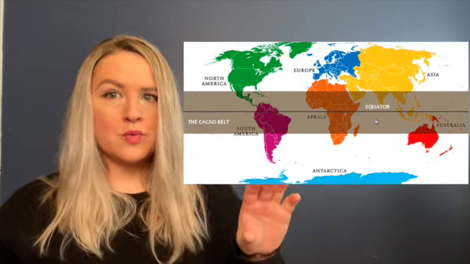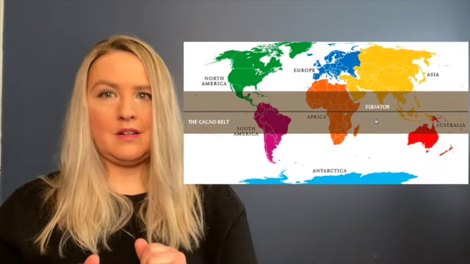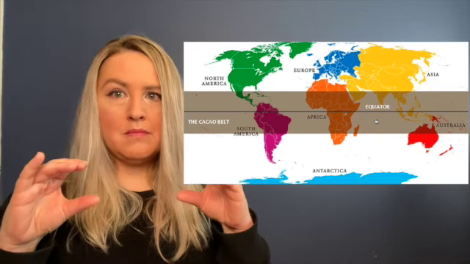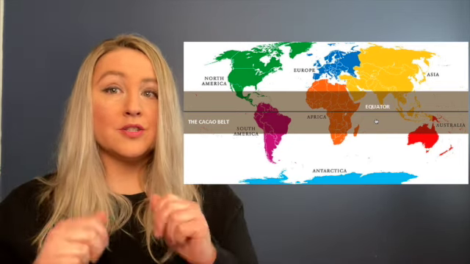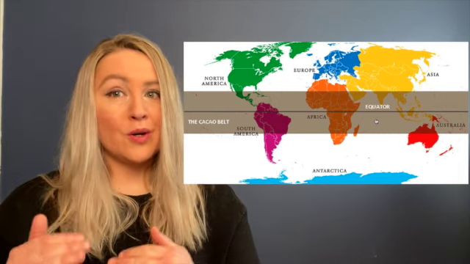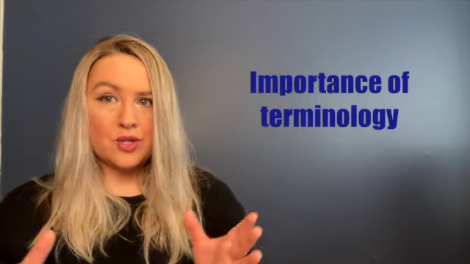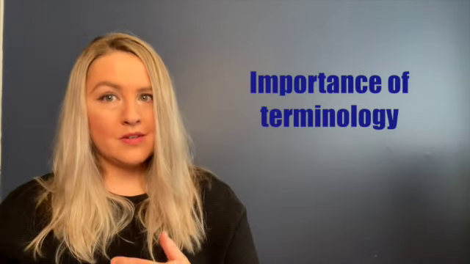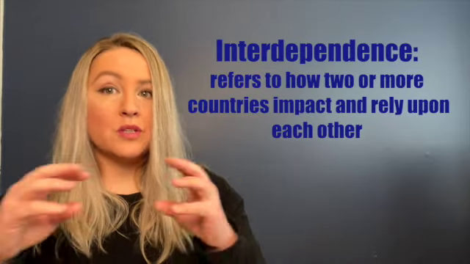So when we looked at that cocoa belt and we examined where that grows, we know that we can't have chocolate unless it's grown in a very minute area, which is also why we're looking at agricultural commodities, because you're going to discover that a lot of your agricultural commodities can only grow in very specific places. And the other thing that I want you to begin thinking about is how we use terms to define places and how we consider them in our chain when we're looking at our supply chain and when we're looking at interdependence, because it's not necessarily super equal. It's not as simple as, when I give you that initial definition, we just rely on one another and it's really equal.